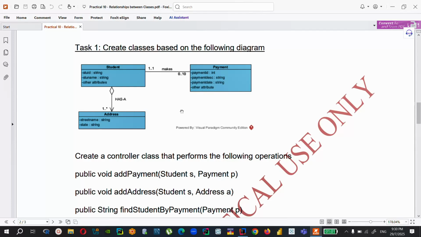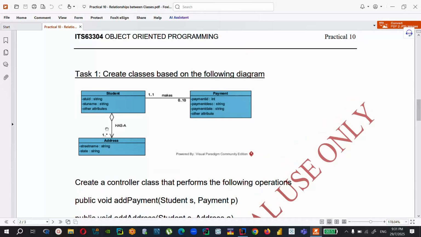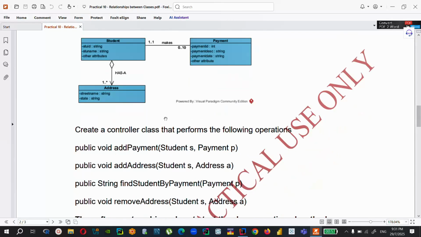And then we need to look at the state of each entity class. The state of student is that it has student ID, student name, and other attributes. And likewise payment has a different state. Now we need to create three entity classes, and then we need to create these relationships. And then after that,